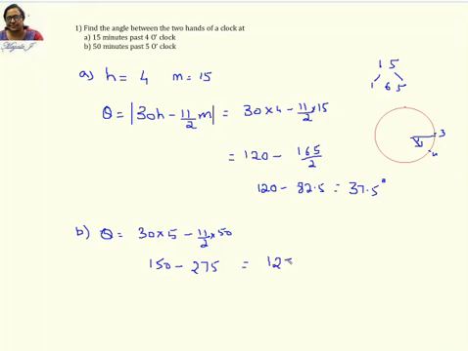125. And it's going to be positive. Don't put negative here because it's a modulus. Here you know that our minute hand is leading. So hour hand minus minute hand, you're going to get negative. When you go for the time given, 5:50, you know that the 5 is going to be here, that is your hour hand is going to be here, and the minute hand is going to be at 10. So here the minute hand is leading, so it has to be like 11 by 2m minus 30h. That's why I said it's a modulus. If we are getting a negative answer, make it positive always. Okay, go for the next one.